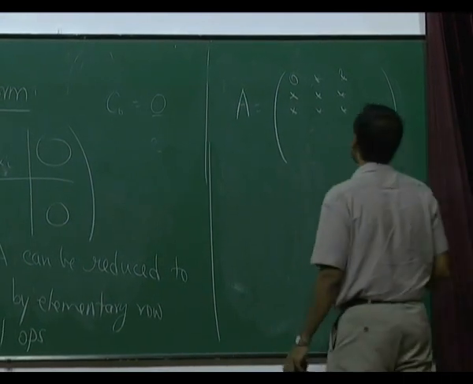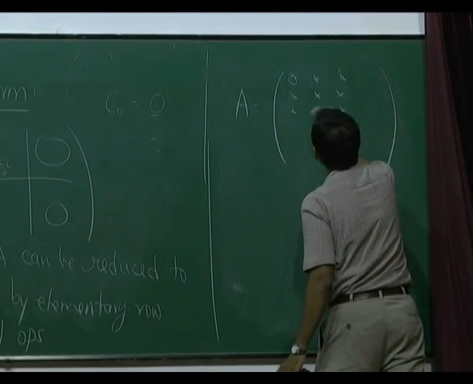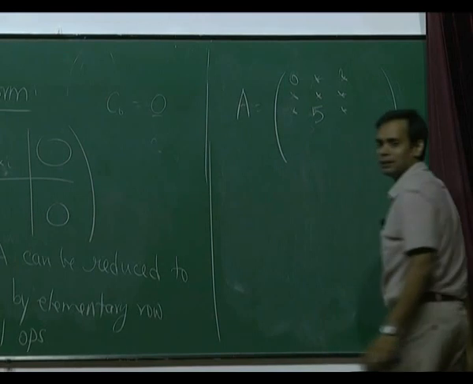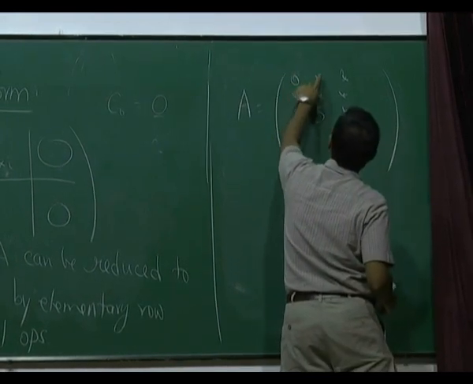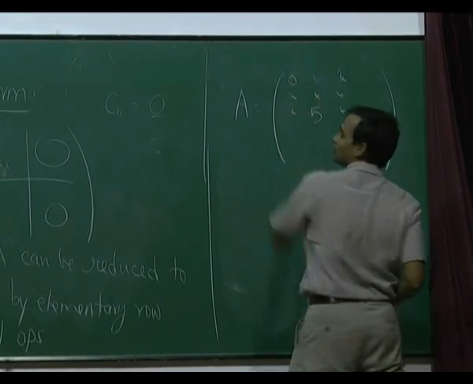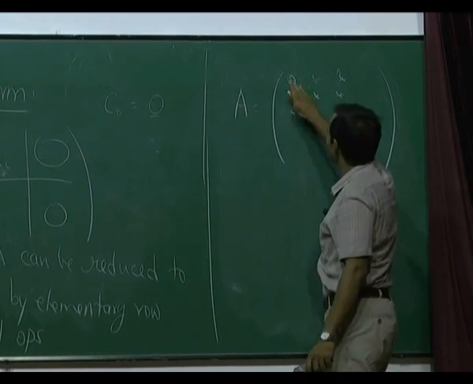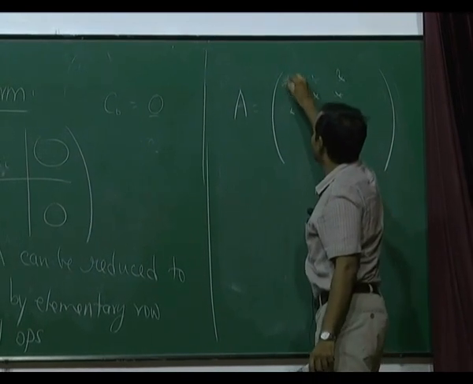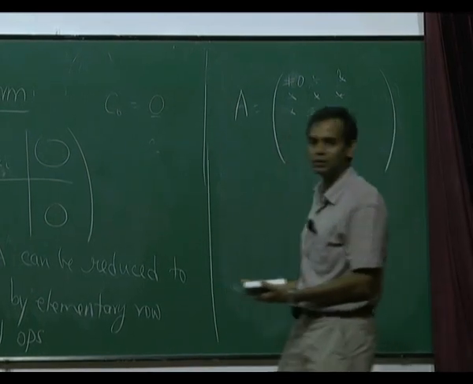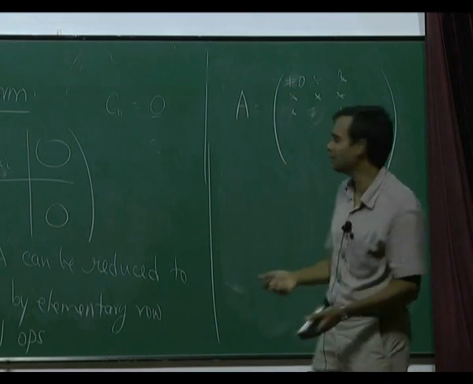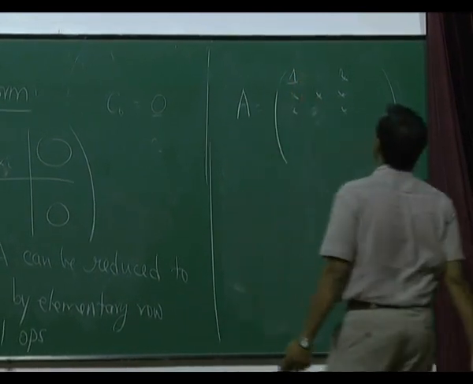But if the whole matrix is not 0, then somewhere in this matrix, say here, there is some entry which is not 0, say you have 5 or something here. Then what you do is, you interchange the third row with the first row, then this 5 comes here, then you interchange the first column with the second column, then that 5 comes there. So by interchanging rows and columns, you can make sure that this thing is not equal to 0. And once it's not equal to 0, you multiply the first row by some appropriate constant and make this equal to 1.